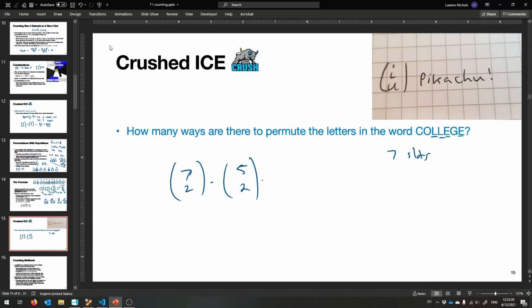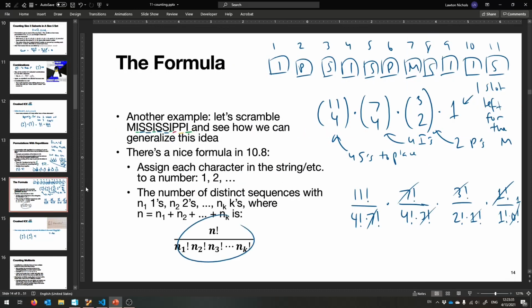3 factorial, right? So C, O, and G are not repeated, so they could be in any order. So how many different ways are there of doing that? It's just going to be 3 factorial. Okay, and this ends up following this formula. If you want to expand it out, it's going to be,